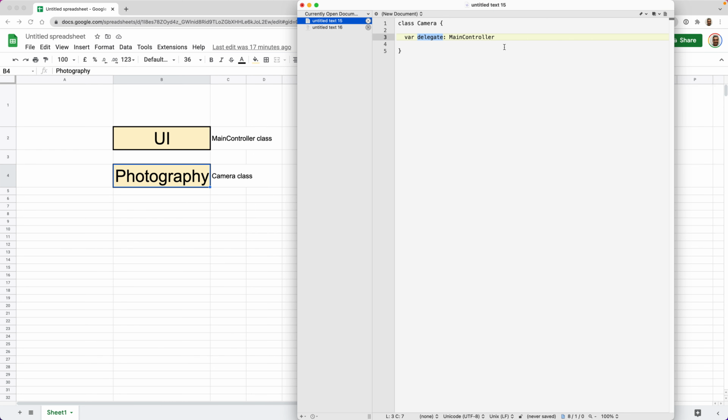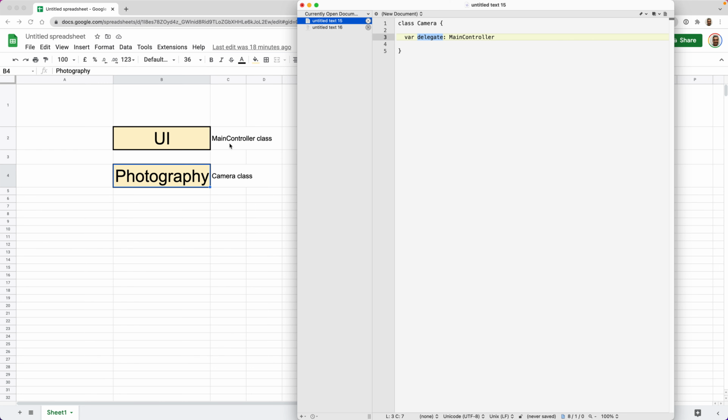In the camera, you have a delegate or a callback, which is a reference to main controller. But the problem with this is the camera class ended up invoking any and all functions of the main controller. This is a layering violation. The upper layer can be aware of the lower layers, but not the other way around. Because then the boundary is being destroyed. Both are merging together, and the code becomes messy and convoluted and hard to understand. So you shouldn't have that.